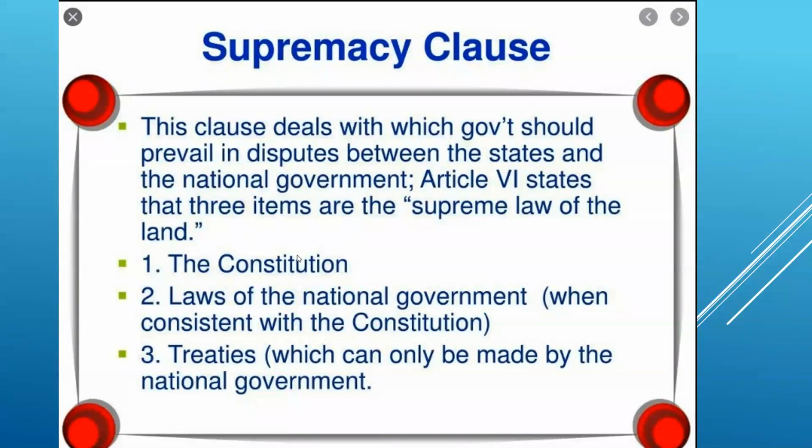And so, this got rid of all that conflict of what laws were supposed to be supreme to everything else. And at the end of the day, the idea of federalism, the federal government is supreme. So if you have a law on taxes by the federal government, and you have a law concerning taxes in the state, the federal government law is going to trump the state laws.